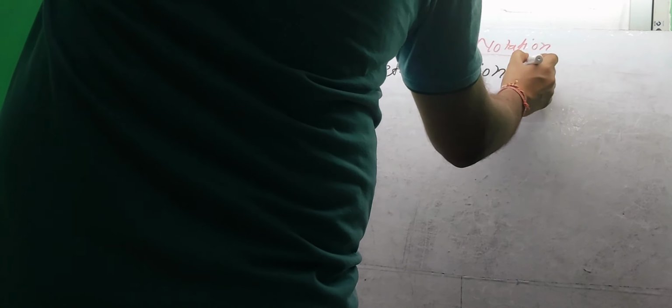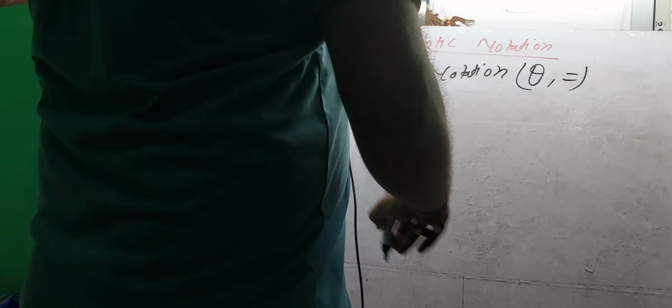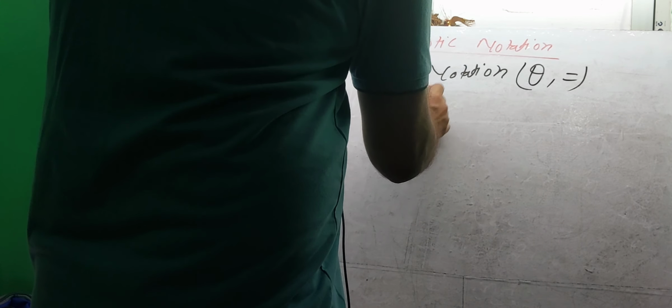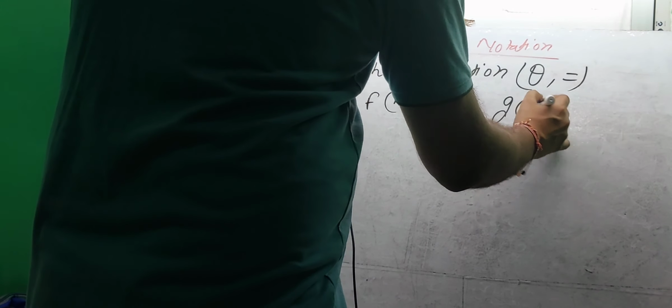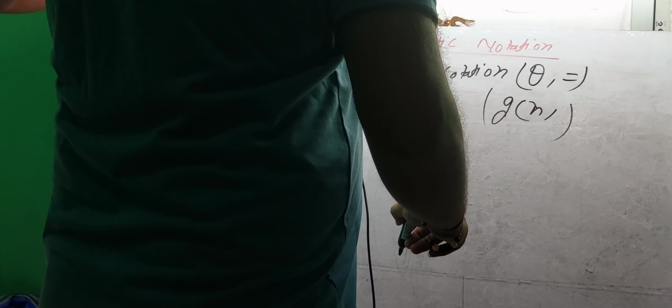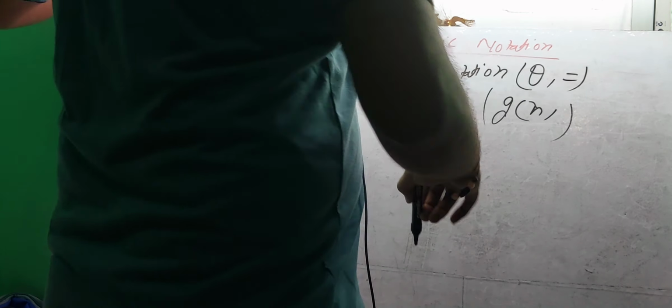In this lecture we will see theta notation. In the previous lecture we understood big O and omega notation. Theta notation, the symbol is theta. If there are two non-negative functions, the first is f of n and another is g of n, we can write f of n equal to theta of g of n